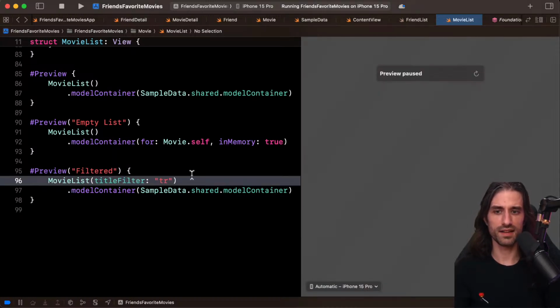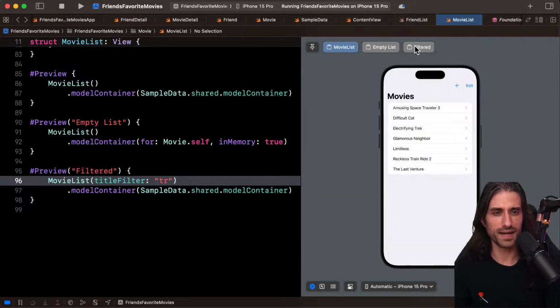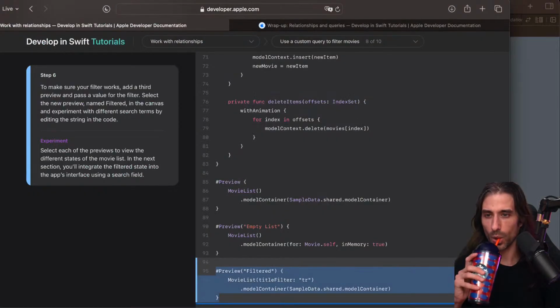And so here it starts with TR, and we'll see which movies will match this filter. Oh yes, you can see. And so if we do TRA, it should keep Traveler and Train, but not Trek. Let's try it. You can see it works. And if I do TRE, you can see also that it works. So it's pretty cool. I guess next step will be to add a kind of UI to be able to search in the UI and not in code, which is nice, but yeah, it's going to be hard for the user to edit the code every time they want to search for a different movie.